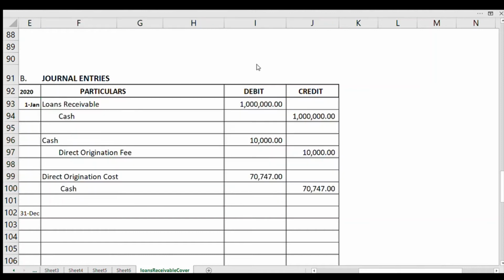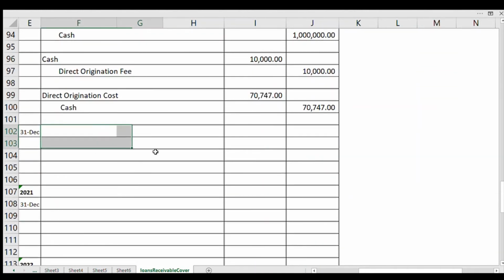The January 1st transactions will be recorded like this. Debit loan receivable 1 million, credit cash 1 million. At the same time, the receipt of the origination fee: debit cash 10,000, credit direct origination fee 10,000. And at the same time, the processing of the loan, direct origination cost 70,747 and credit cash